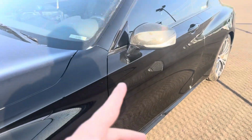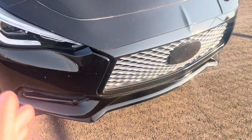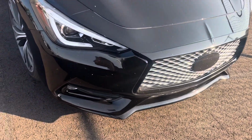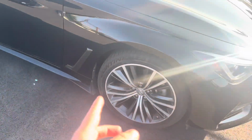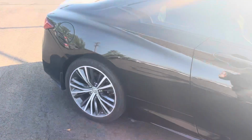With just a little bit of carbon fiber accents, it really does bring the sporty vibe back, where originally it really just looks like a luxury coupe. I did decide to black that out, but there are carbon fiber overlays and stuff like that. As much as I don't recommend them, you can get them. I blacked everything out. The wheels are next to be blacked out. I'm not going to actually paint mine. I know a lot of people do that, but I'll actually be getting black wheels. I thought about getting chrome because I like the chrome and black, but I think blacking it out completely is